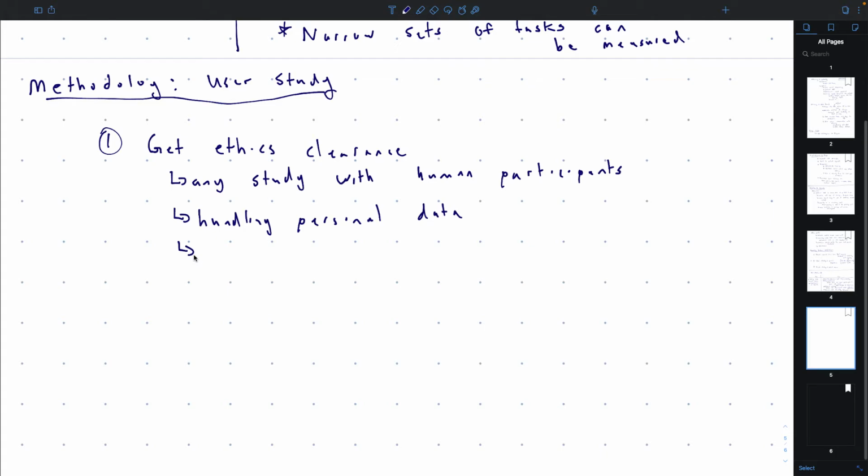So you want to use deception, and you want to say, oh, the user study is about this, when really it's about this other thing. Okay, and so deception is another thing that you're allowed to do. That's fine, but the ethics rules are going to say things like, you have to tell them at the end that, oh, by the way, it was all a facade, and really this study was about this. And there's different rules about using deception.